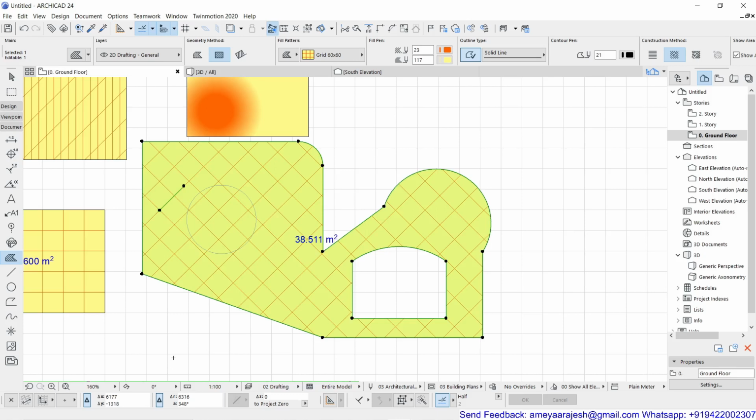You can activate it from the coordinate palette if it is in front of you, and if not, that's absolutely fine. You just have to hold the space bar. You will see your crosshair convert into a magic wand icon. If you release the space bar, it will be removed. This is how you activate the magic wand.